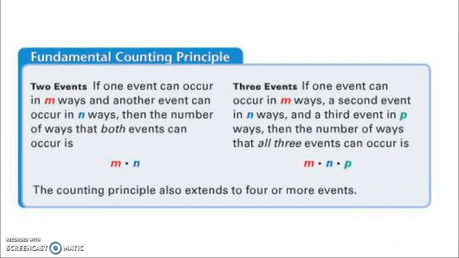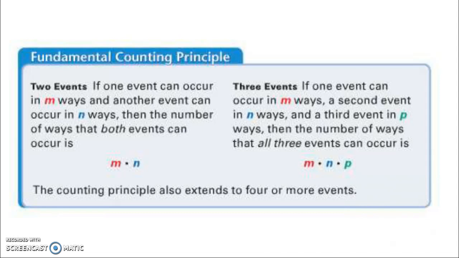It turns out that there's math for that, something called the fundamental counting principle. And what the fundamental counting principle says is this: if one event can occur in m different ways, such as being able to select 3 meats for a sandwich, and another event can occur in n ways, that would be your 2 sides that you can choose from, then the number of ways that both events can occur is m